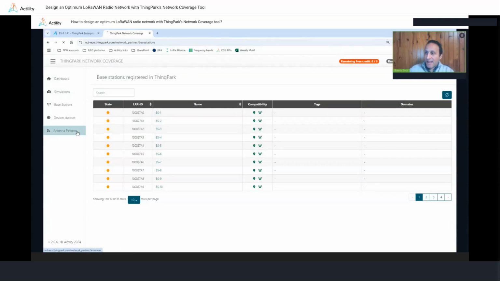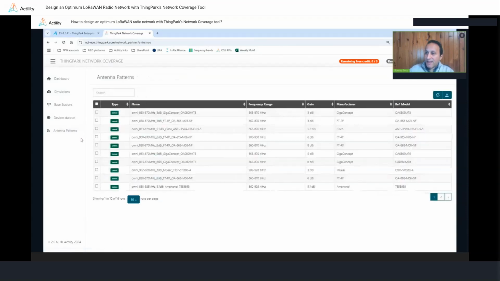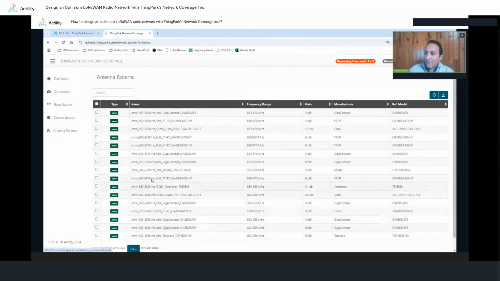And then I can quickly show you the different antenna patterns that are already inherited in the tool. So we have many antennas. They are not sample templates. They are real antennas that are really deployed in the field. They are commercial antennas from multiple vendors, and they have different antenna gains.